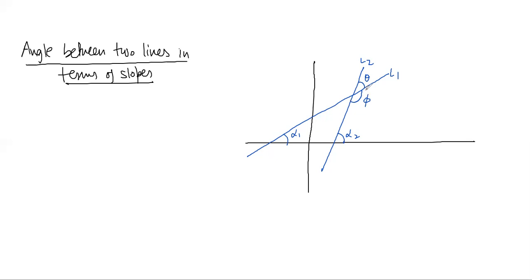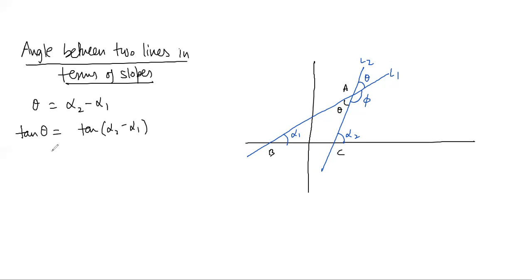तो इसमें से एक acute होगा और एक obtuse होगा. तो हम थीटा को कैसे लिख सकते हैं? थीटा can be written as alpha 2 minus alpha 1. ठीक है, क्योंकि if this angle is theta, this is also theta, and in this triangle, let us call it ABC, in triangle ABC, alpha 2 is the exterior angle, so alpha 2 will be equal to theta plus alpha 1, which means that theta is alpha 2 minus alpha 1. If we take tan of this, so tan of theta will be tan of alpha 2 minus alpha 1.